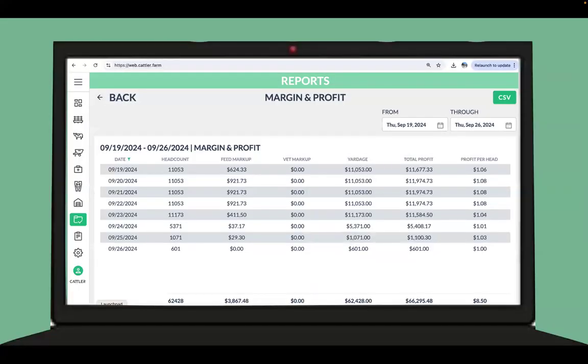Another thing that is new is the margin and profit report. The idea here is that you have, on a daily basis, an agglomerated view for the whole feeder initially of all the markups that you have across the board, so that you have a good idea of profit per head and a total profit, how much money we're making specifically on the feeder,